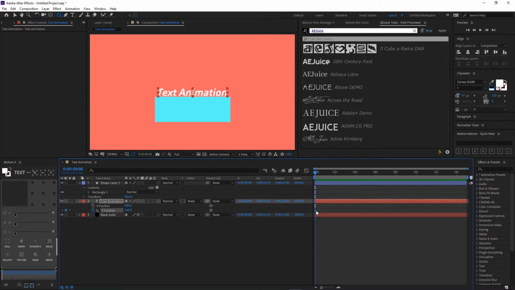So this dot here you see is called a keyframe. So what are keyframes? Keyframes are nothing but a means to tell the software how you want to animate things or how you want the object to appear at a particular time. So let me just zoom in. So now I want to tell the software that at 0 frame I want the text to be below the shape layer,